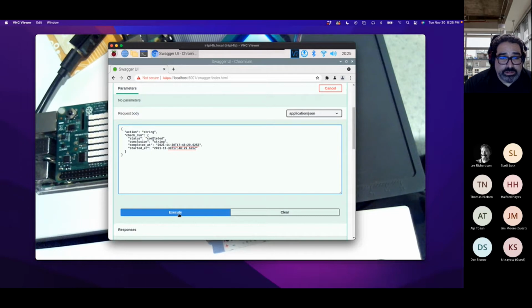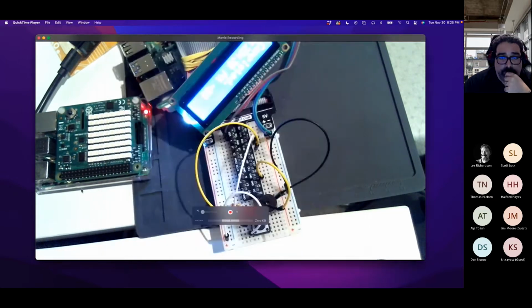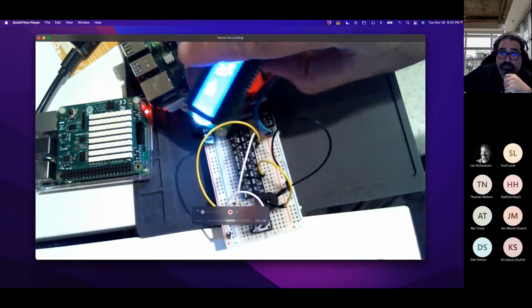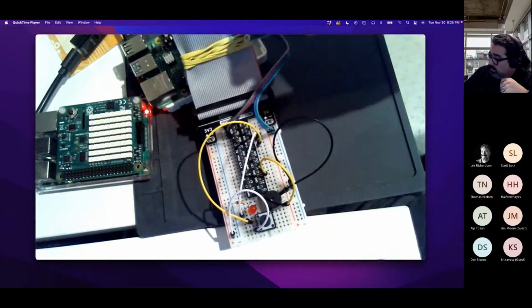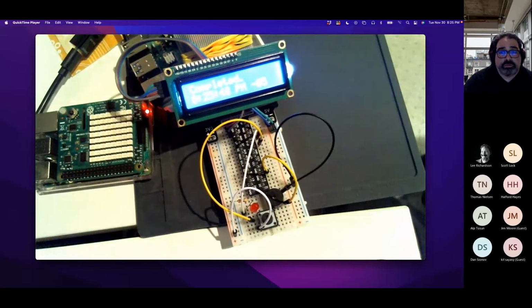If I click execute, this is going to be posted out to the API. That's a good sign. And it's probably better if I just do this. So yeah, the text is backward. But as you can see, it says completed and it gives you a specific time.